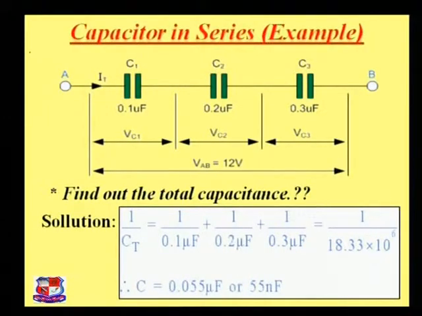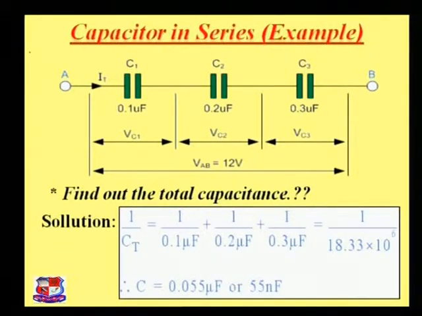Now just take one example of series capacitors. Here you can see that between two terminals A and B there are three capacitors connected in series, C1, C2 and C3. The capacitors have different values: 0.1 microfarad, 0.2 microfarad and 0.3 microfarad, and the overall voltage we are applying between the two terminals A and B is 12 volts. So now let's find the total capacitance, that is 1 by Ct. Using the equation 1 by Ct equals 1 by C1 plus 1 by C2 plus 1 by C3, that gives you 1 by